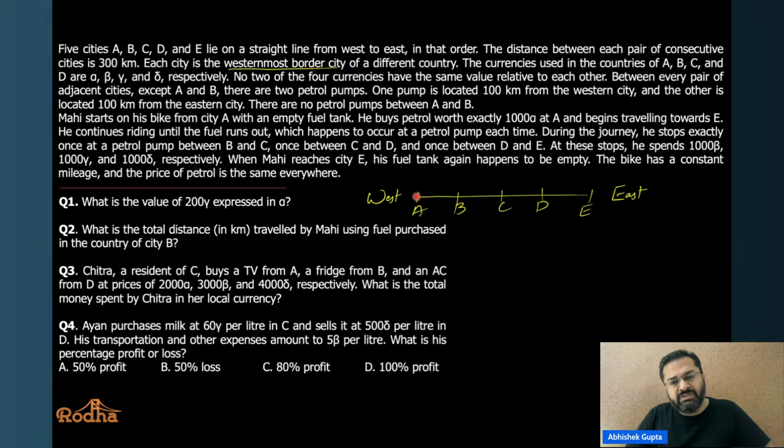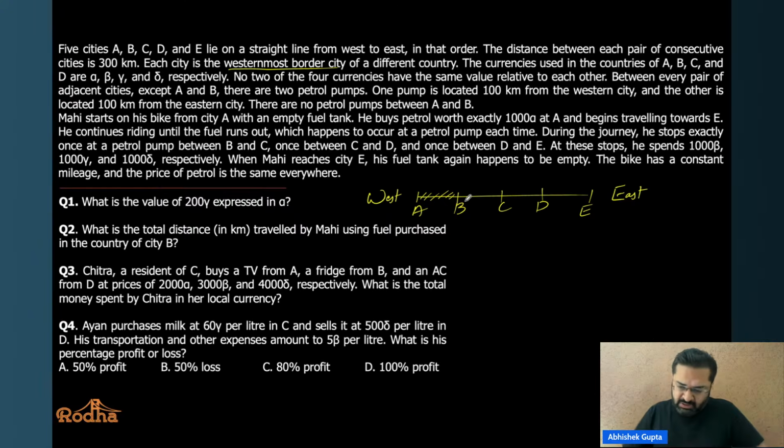So if this is the westernmost part of a country, this is the westernmost part of another country, and this is the westernmost part of another country. So if I talk about the city of A, which country is city A a part of? I can show it like that. So you can say that this would be the region of this country. Can you see that? So if this is the country, this whole thing, this whole road or whatever you call it, falls in this country, then A would be the westernmost part.